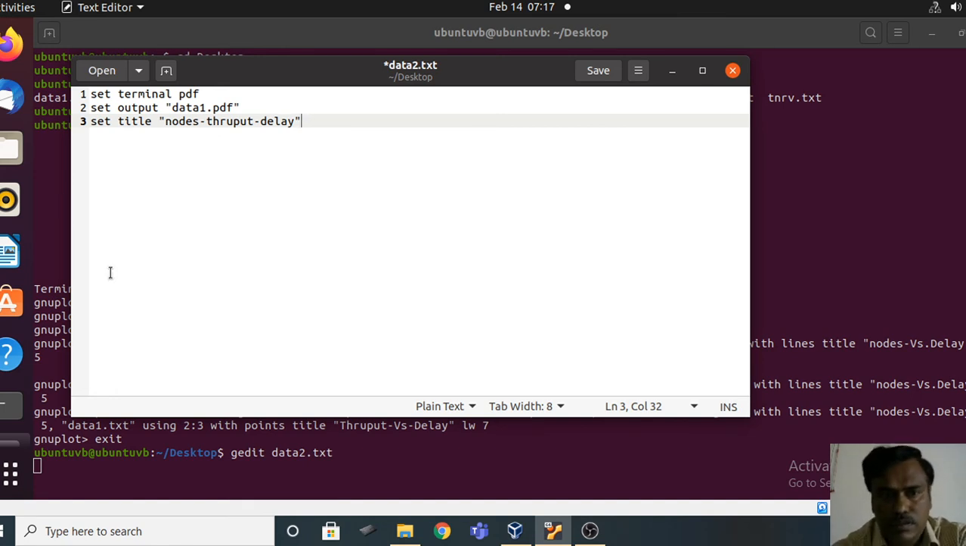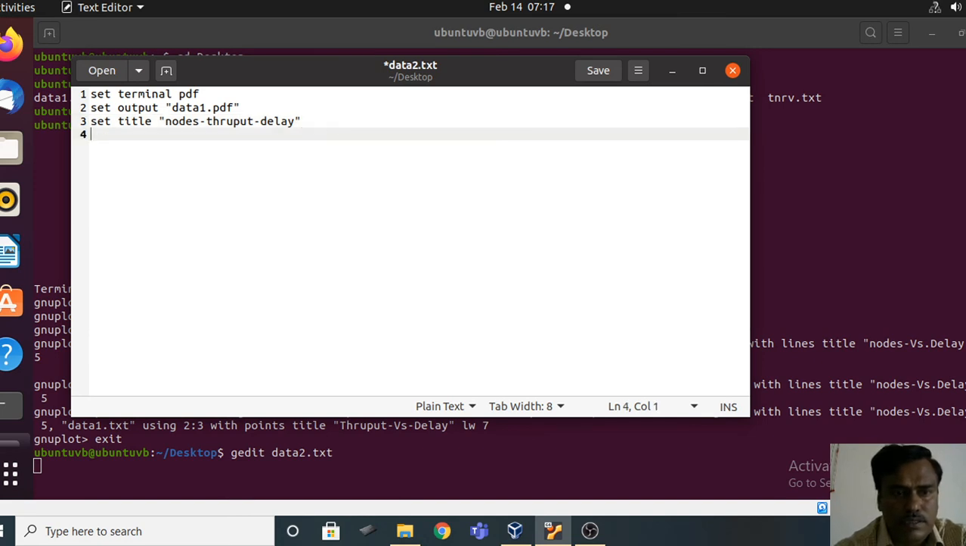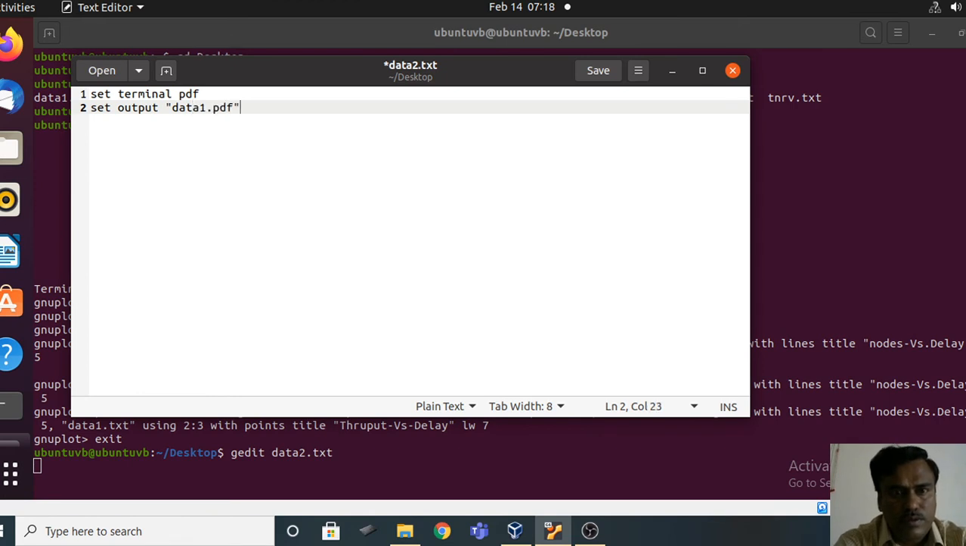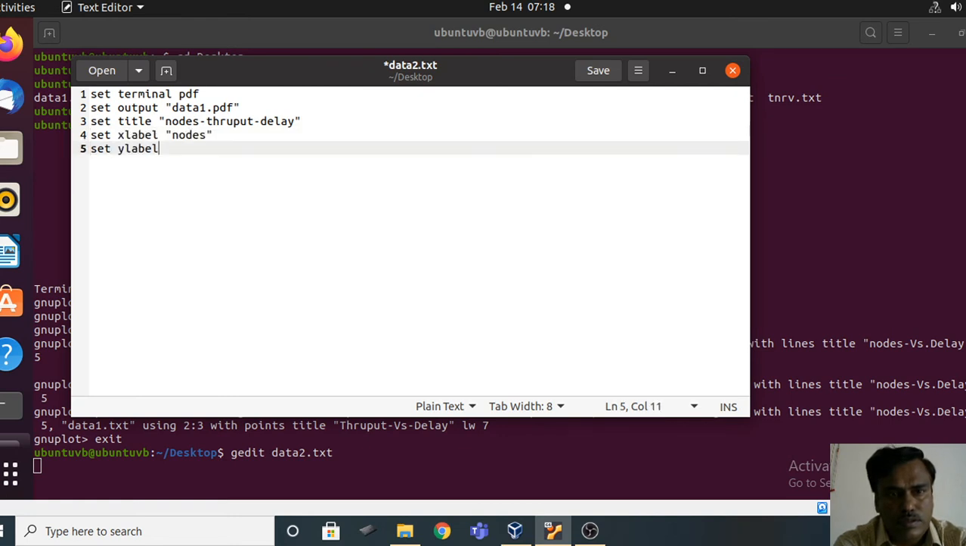After this, let me set x label. You want to take the x label as, say, nodes, and your y label as, you can plot the graph nodes versus throughput and delay, no? So you may have your column as